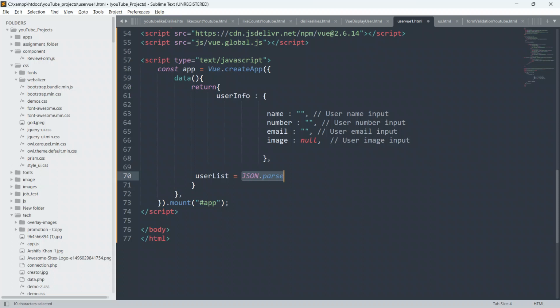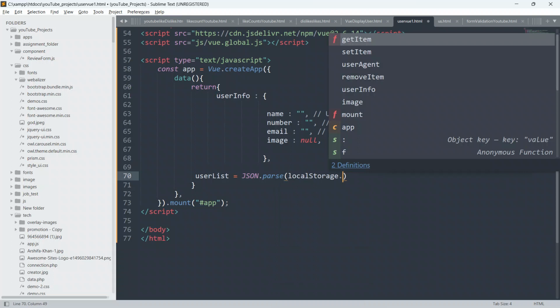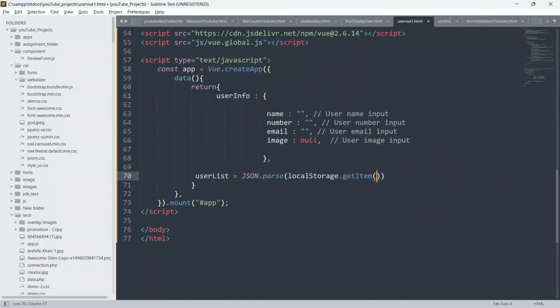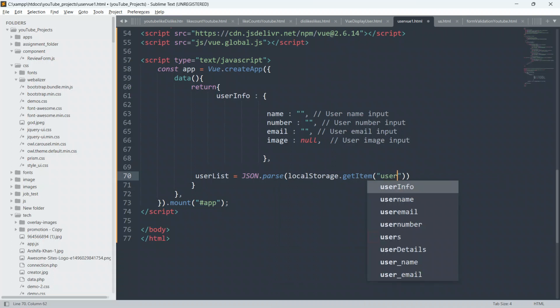Okay, so guys, now I'm gonna do localStorage.getItem, and I will pass the key, user. So guys, I have already explained that local storage is a key-value mechanism inside the browser. Local storage is a key-value pair mechanism where you can save something with the key and its value.